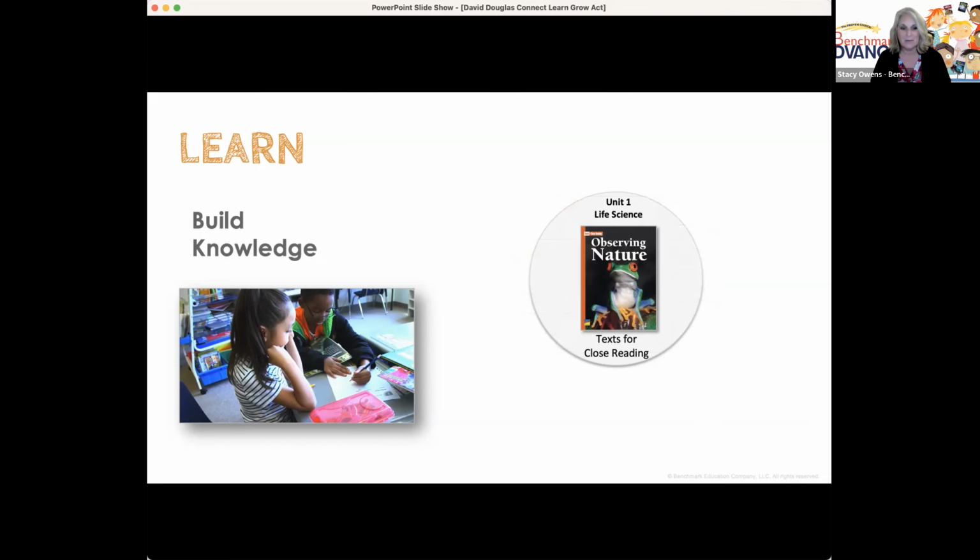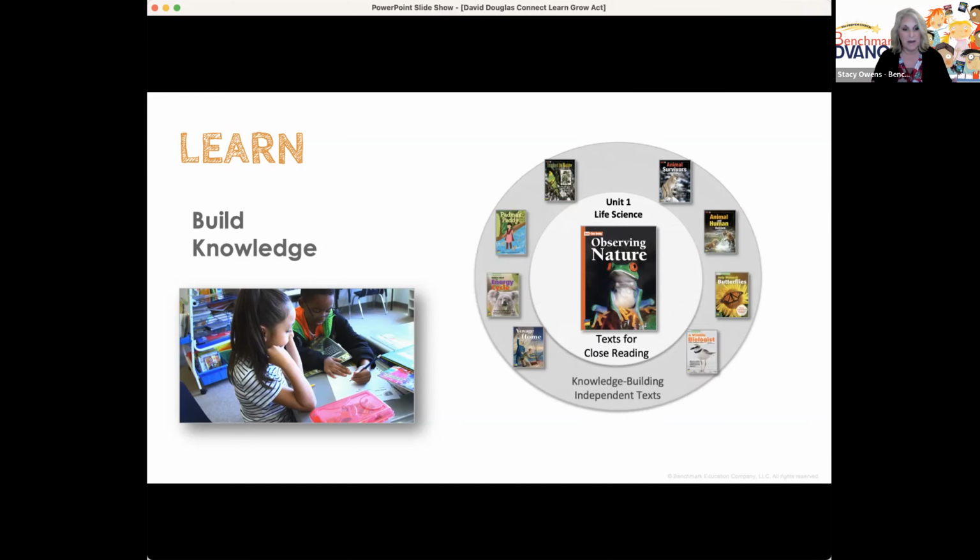Students are already supported with vast perspectives as they explore the essential question: How do we respond to nature? And now that perspective expands as we dive into additional 8 to 12 titles per unit, building learning and knowledge base along the way. Students then have the opportunity to dive into additional learning through small group opportunities, providing even more diverse perspectives.